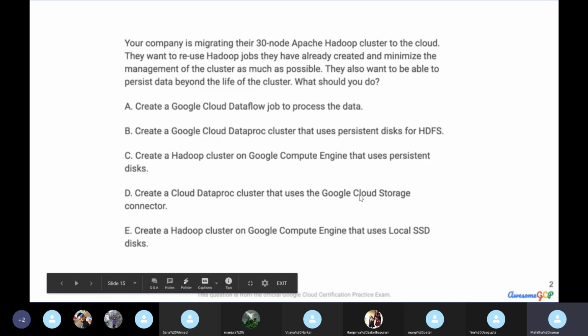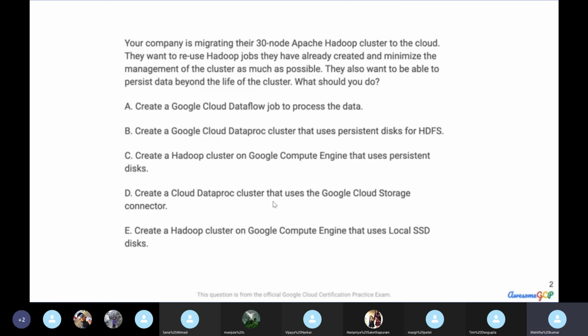So the correct option will be to create a Cloud Dataproc cluster that uses the Cloud Storage connector. This storage connector will connect Hadoop and the storage. So this is the correct answer.